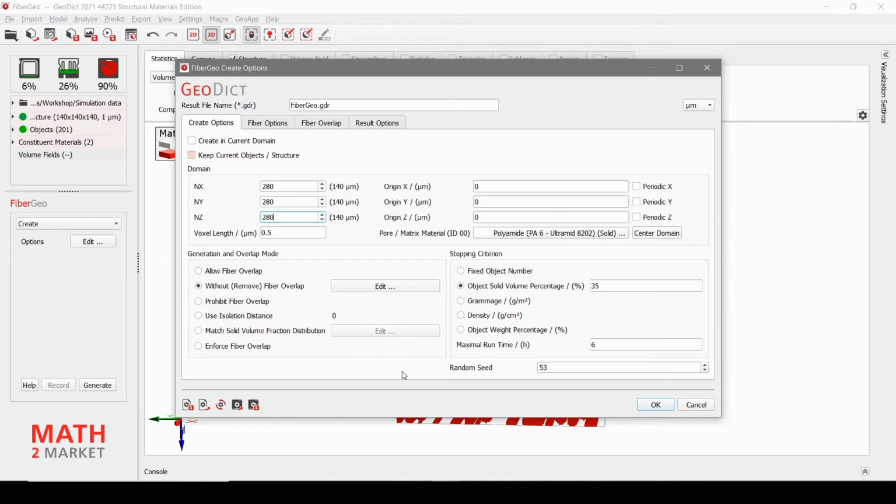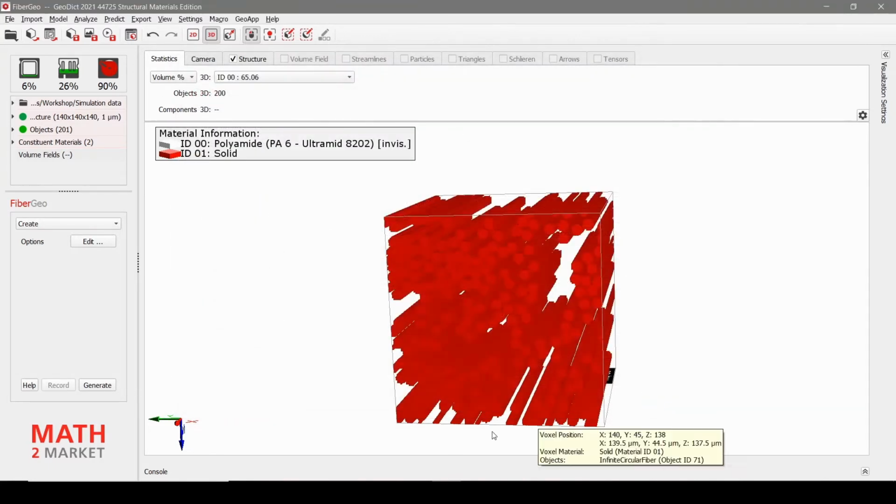Everything else remains the same, but you should give your structure a new name. For example, FiberGeo 280. And maybe also add a 0 so that you know that the fibers are oriented in 0 degrees. Otherwise, you would overwrite your previously generated structure. But of course, Geodict would ask you if you want to do that when you hit generate. Okay, so click on OK, and then hit generate.